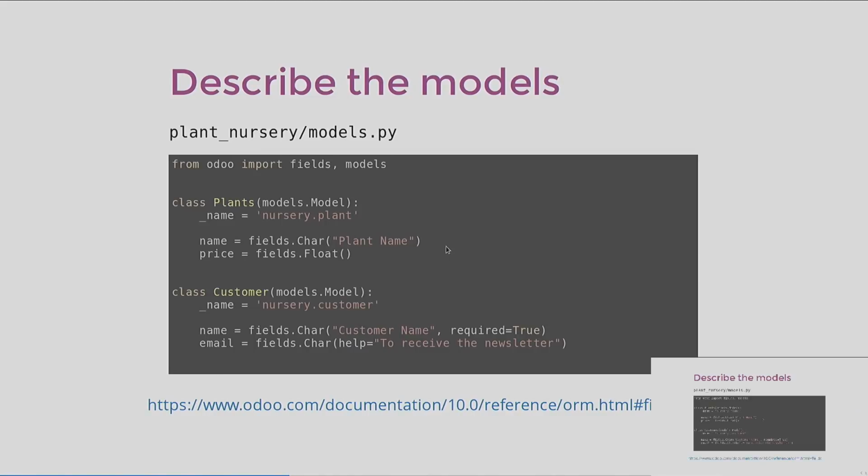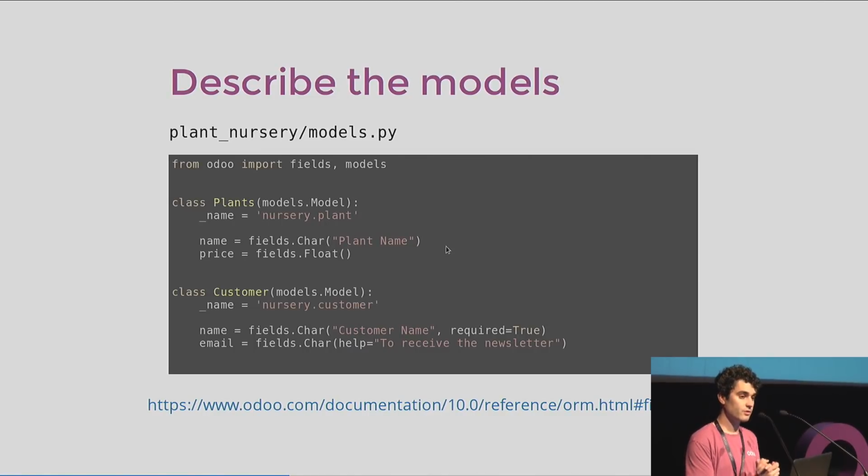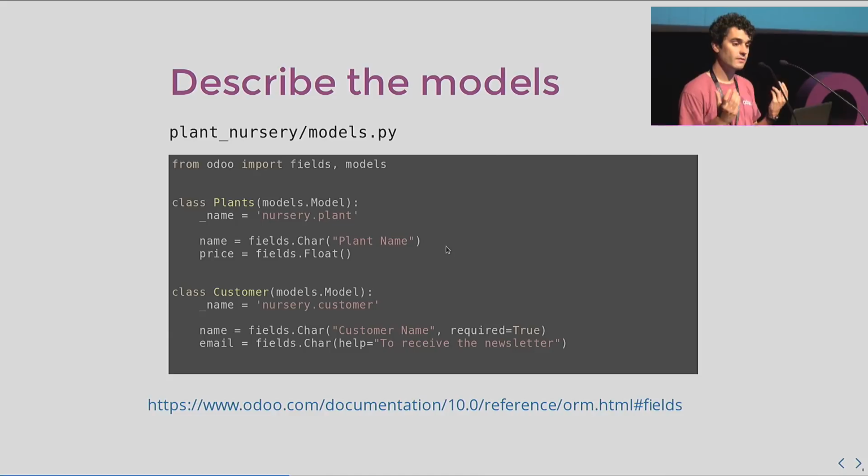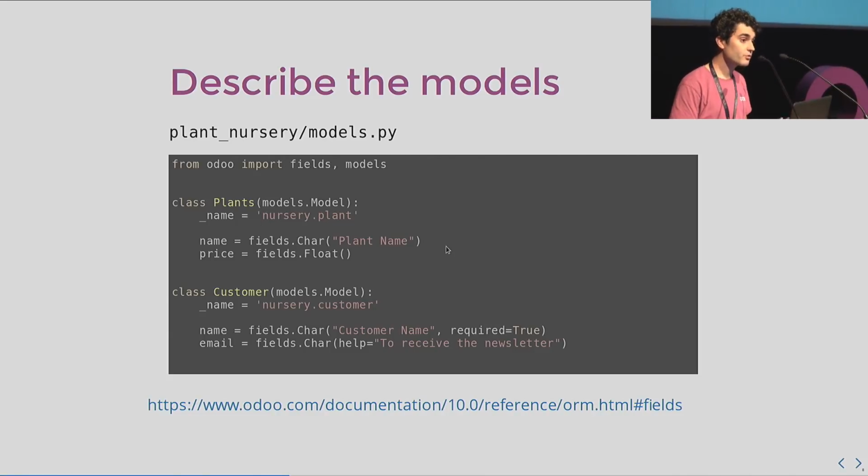So now let's go to the models definition. Here, with the manifest, we have created our module. We can install it, but it obviously still does nothing. Now we would like to express some fields to describe some models that will be converted into PostgreSQL tables and columns. So in Odoo, it's quite easy to create some new models and fields. You just create